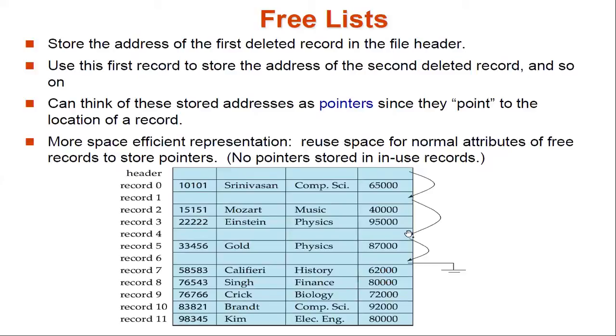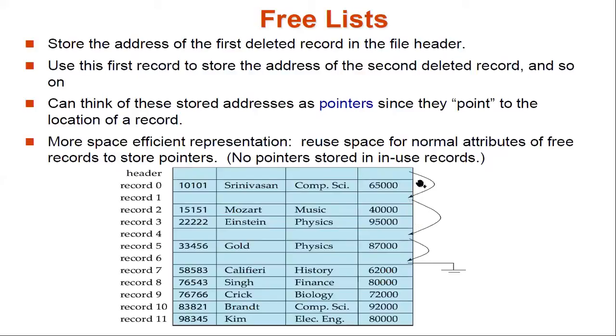So in this particular example, we are making a free list. This is actually a kind of linked list you studied in data structures, where you have a link from one node to another node. Similarly, in this alternative approach for fixed length records, when you delete a record or set of records, the first record's address will be stored in the header, and then each subsequent deleted record's address will be stored in the previous one.